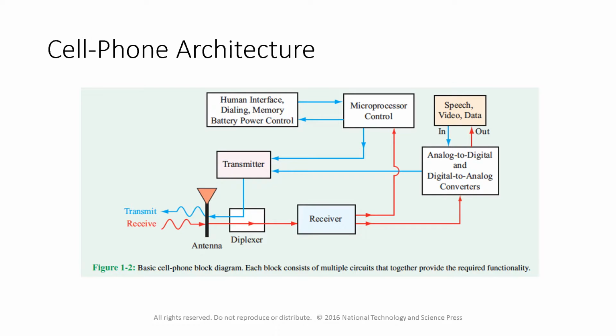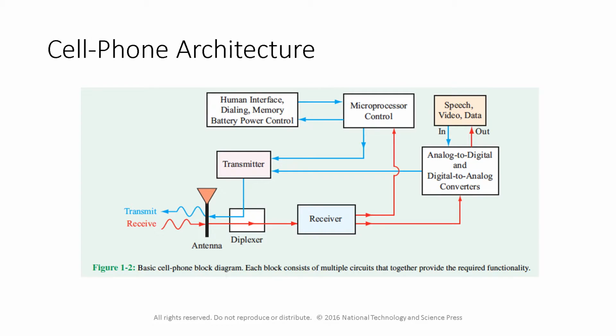And so at the same time, your microphone is going to kick on, and your speech, video, and data, which is another input-output on the other side, is going to start being converted by an analog to digital converter. An analog to digital converter takes a signal like voice, which goes up and down, woo, woo, and breaks it into digital ones and zeros so that the computer can control it. And that is going to be sent to the transmitter, those ones and zeros, because we generally use digital transmission now. And once that's combined with essentially the phone number, you're going to send that through a